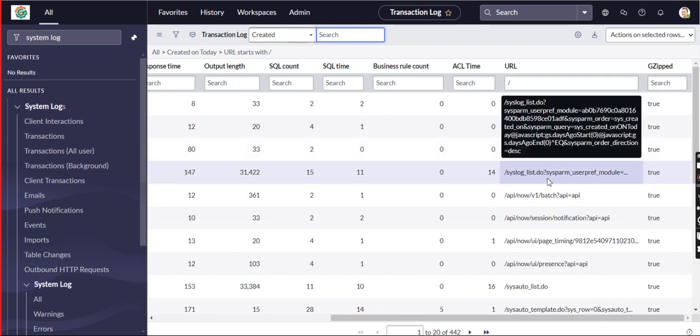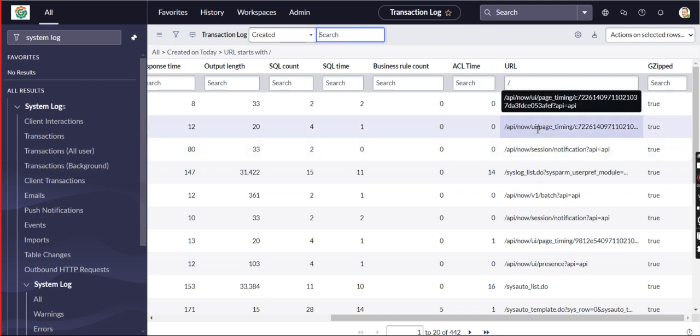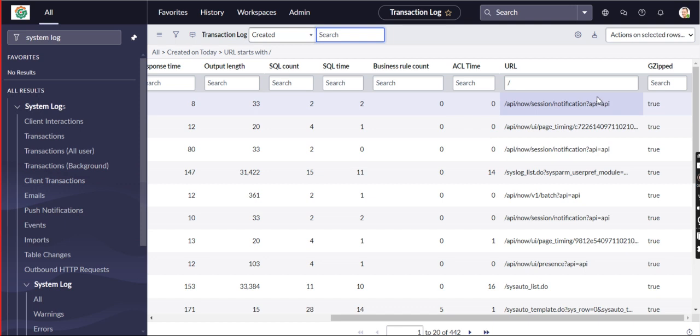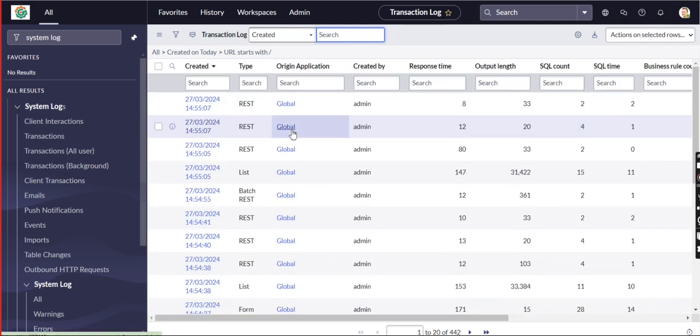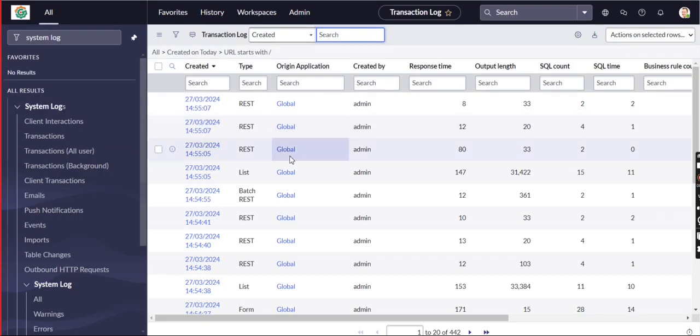So notification and list is there, days ago, notification and page timing, and session notification. Just have a look here. We have given that, so that is our template-based generation notification or report. Template-based notification, that is the incident call type.